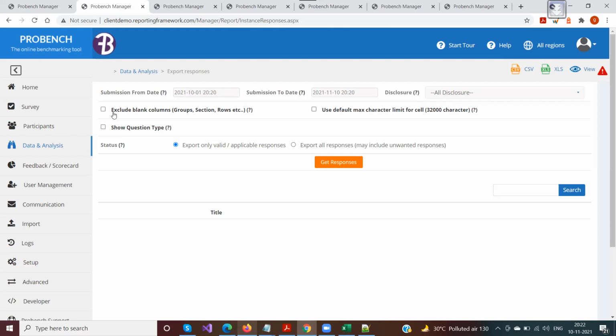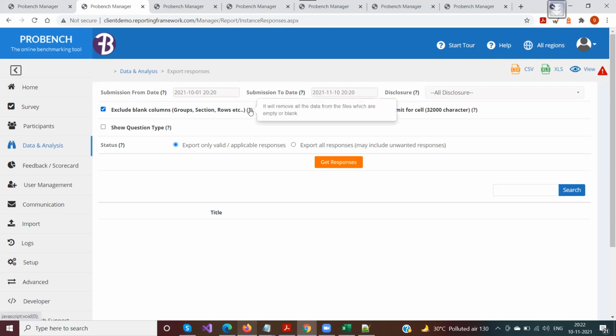Those are the columns that normally have the data. But columns like groups, sections, rows, tables do not normally store any data. So if you want to exclude them completely from your output, you can select this and they would be excluded.